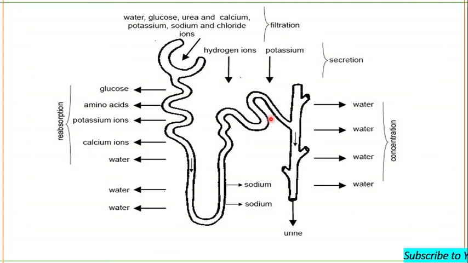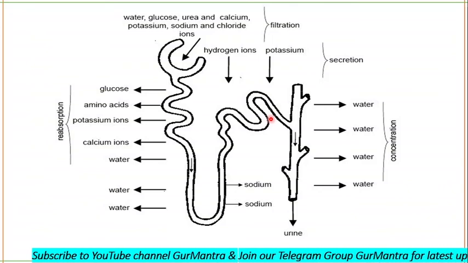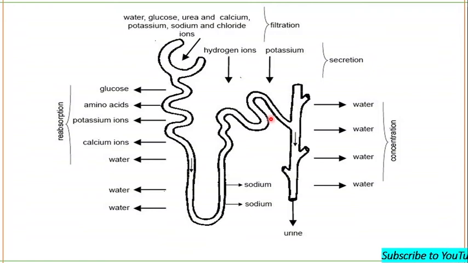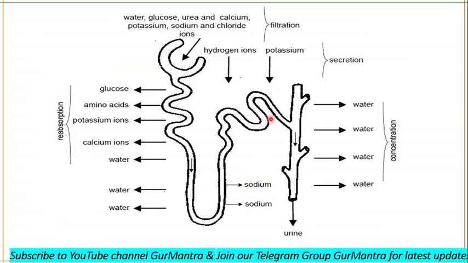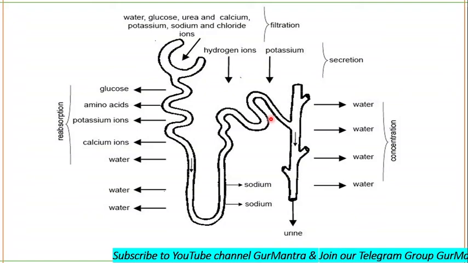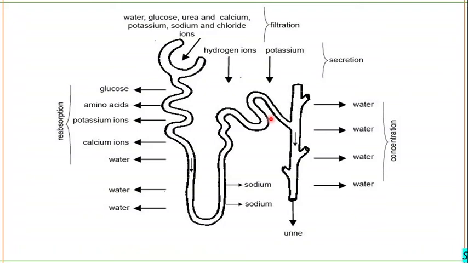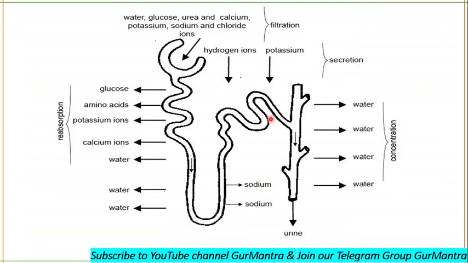What about atrial natriuretic peptide? We will also come to know about atrial natriuretic peptide. Okay, so atrial natriuretic peptide: if the blood flow increases in the atria of the heart, then atrial natriuretic peptide is released. This peptide causes dilation. I have already told you these things. It causes vasodilation, dilation of blood vessels, and thereby decreases the blood pressure.